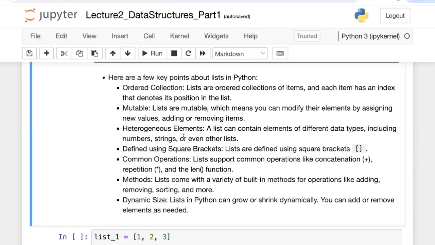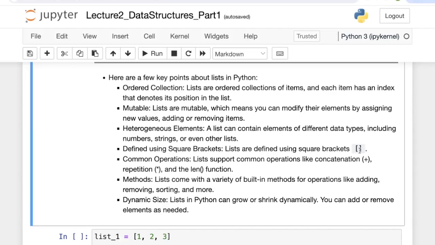And also the way that you define lists is using square brackets, right? We have seen this before, that for creating lists, we need to use the square brackets. And you can use common operations such as concatenation, which is the plus here. So this is not an arithmetic operation here, because you're not working with just numbers. You're working actually with lists here. So if you use one list plus another list, really there's nothing to add there in the arithmetic sense. This means that you want to concatenate the two lists. You can use repetition using asterisk, or you can use the len function to find the number of elements in